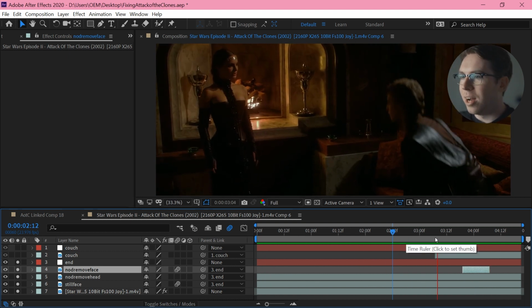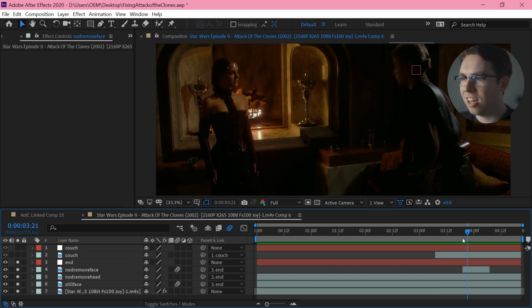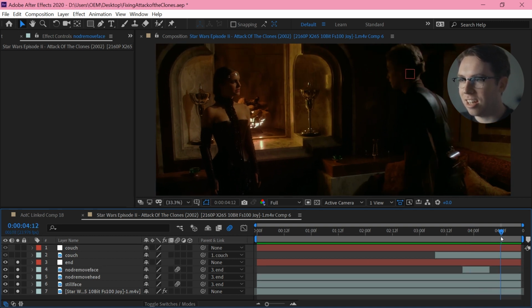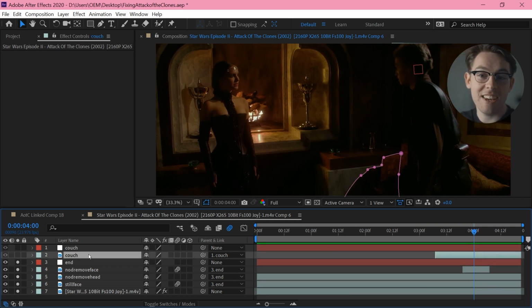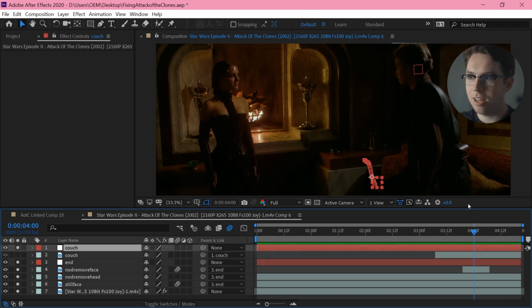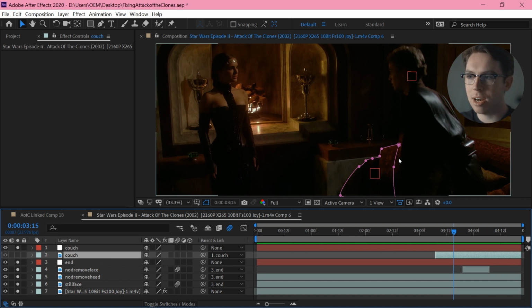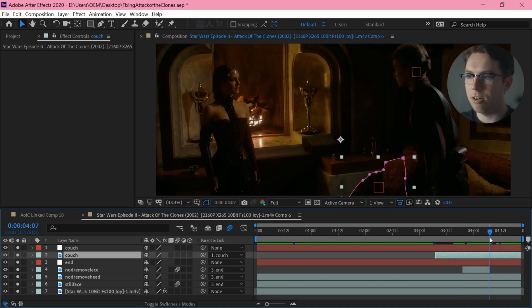Now, the one other thing that I did want to do, just to help calm him down, have him back off a bit, was remove this hand. And the way I did this was very hacky. I just did a track of this area of the couch, as we can see here. And I took a still frame of the couch with quite a bit of feather on it, and I just had that sit over top.